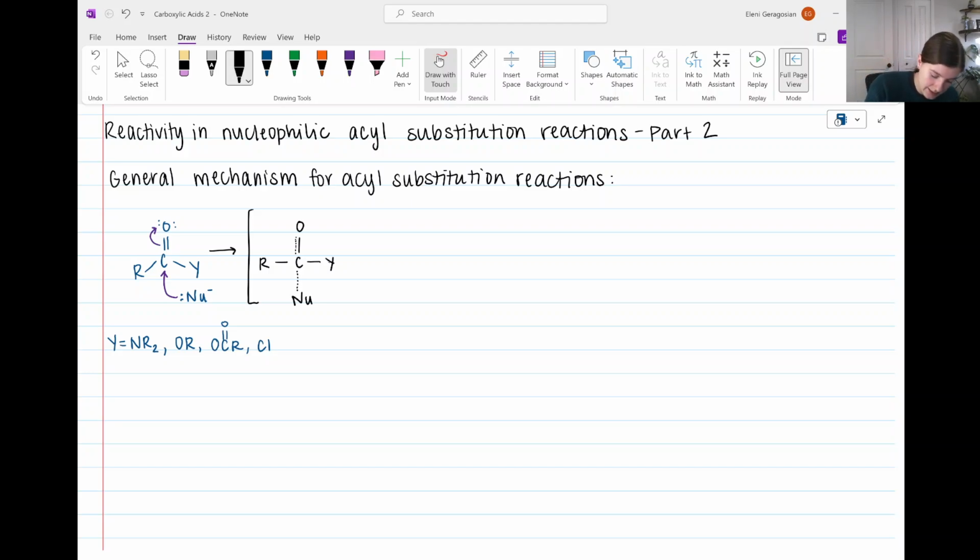We have in this step a partial negative charge on oxygen because in the first structure it has a neutral charge, and in the result of this step, it will be negative. And then the opposite is true for the nucleophile. It starts off with a negative charge and it will become neutral, so it has a partial negative charge. So this is our transition state that brings us to the result of this step, where we have